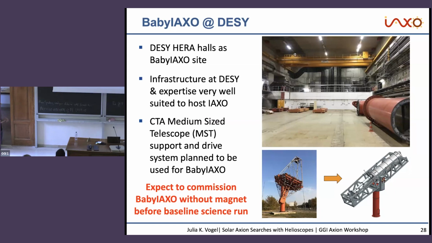We're hoping that before that we can do some other physics. We're still looking into what possibilities we have. But for example, hidden photons might be one option without a magnet. And so we expect the magnet to be there about 2027, 2028. So that's probably the earliest we can have our magnet.